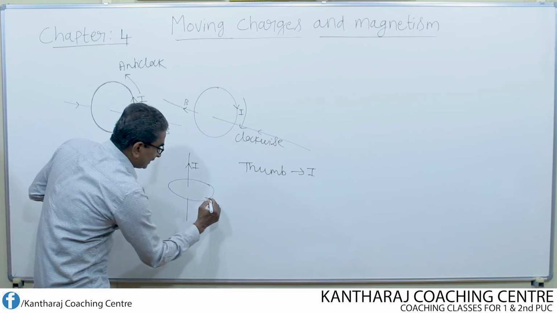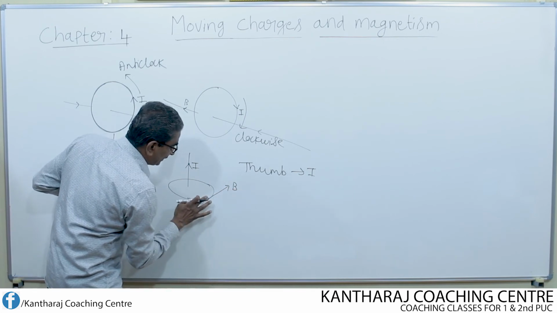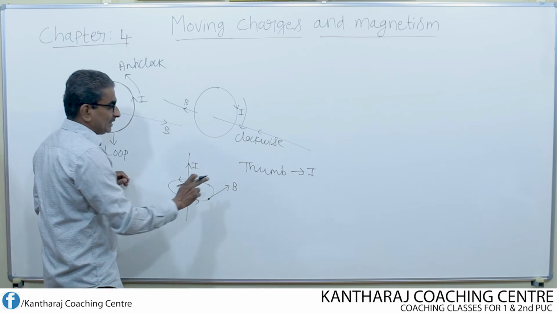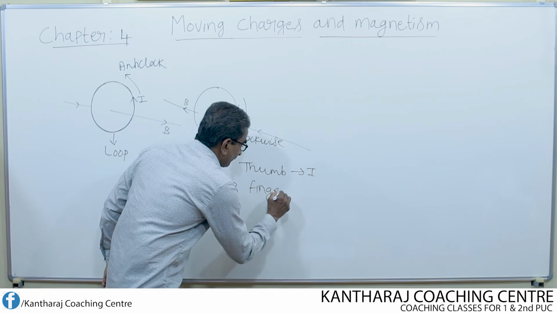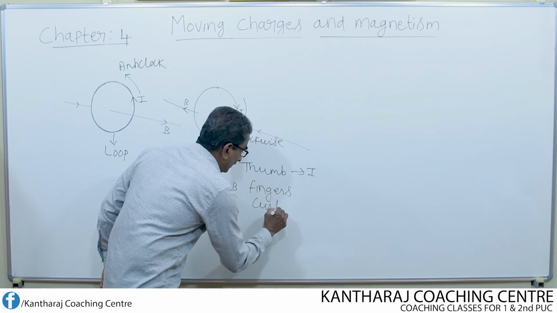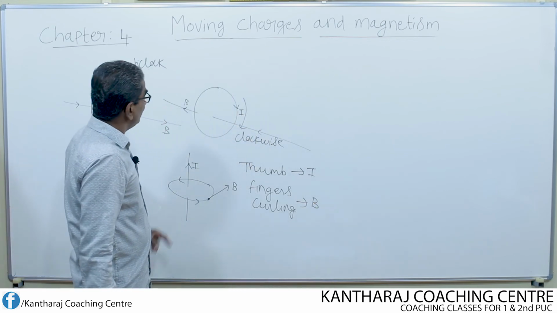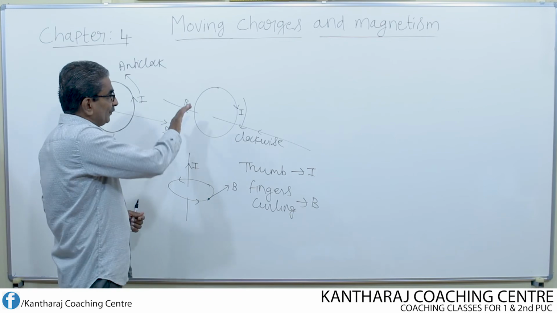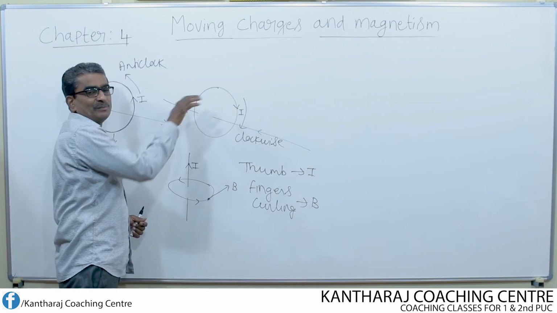Okay. So at this point, if I want to find the direction of magnetic field, what do I do? I simply draw one tangent in the curling direction. So this gives the direction of magnetic field. So fingers clasping or curling gives the direction of magnetic field. But in these two cases, it is applied in the reverse way. Fingers curling gives the direction of current, thumb finger gives the direction of magnetic field.